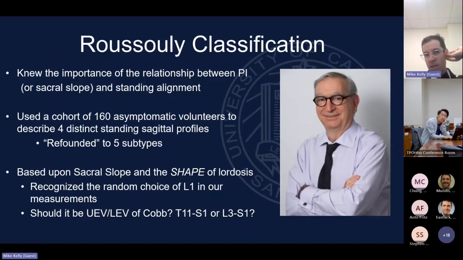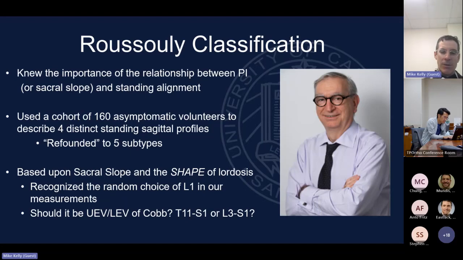The next important one to consider and think about is the Roussouly classification. They understood the relationship between the pelvic incidence, or as they went by, sacral slope. I think PI is probably better because it's fixed. Sacral slope is a postural measure, a standing alignment. And looking at a cohort of 160 asymptomatic volunteers, they described 4 distinct sagittal profiles. So again, now we are back to categories and classification. It was later refined into 5 subtypes, and it was based upon the sacral slope of the patient,